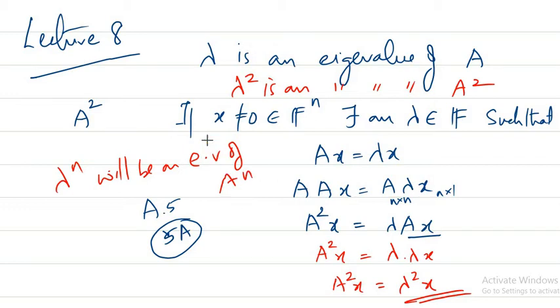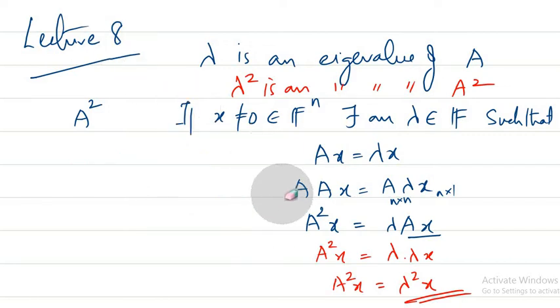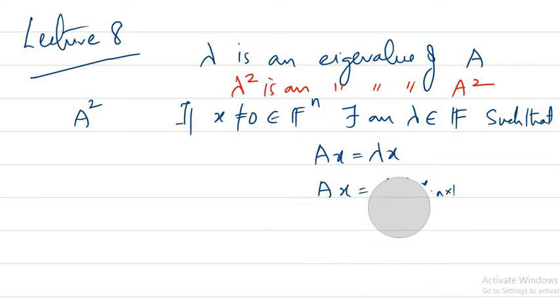Now what about the eigenvalue of A inverse? Do you have any idea about A inverse? So what you can do is we'll do something similar to that. Let me keep this part. Okay, so if lambda is an eigenvalue of A, we need to know what is the eigenvalue of A inverse in terms of lambda, whether we can find it or not. So I'll just multiply. What can I do from here? Yeah, I can just multiply it by A inverse.